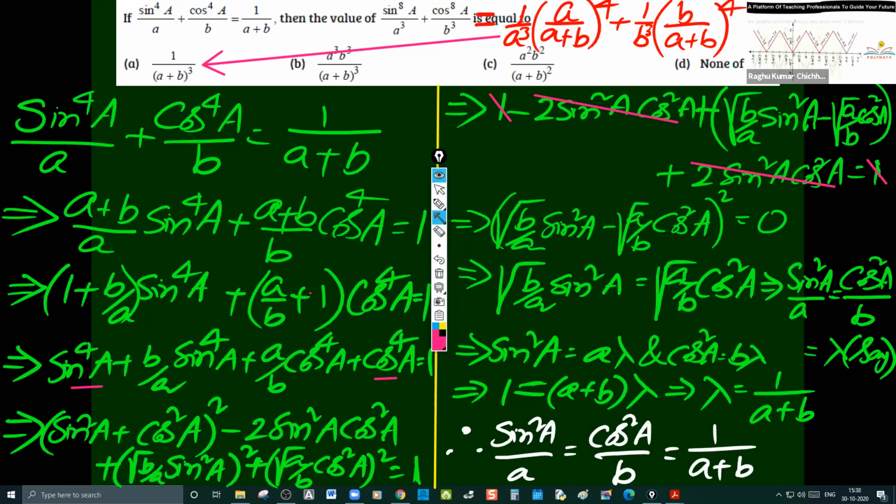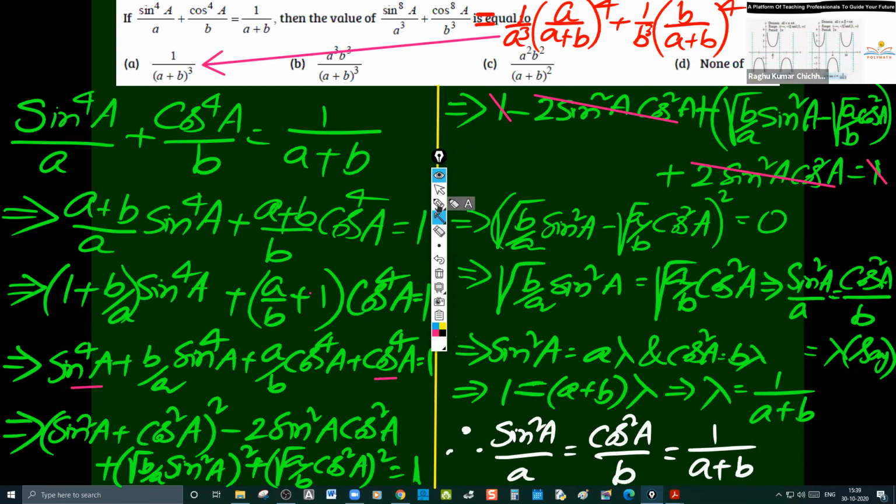And if you write a² + b² as (a + b)² − 2ab, there is no use at all if you write like that, because we have already seen that sin² + cos² becomes 1. If you write the same formula, there will be no use at all. That is the reason why I have not used (a + b)² − 2ab, but I used (a − b)² + 2ab. For your reference, I'm writing that.